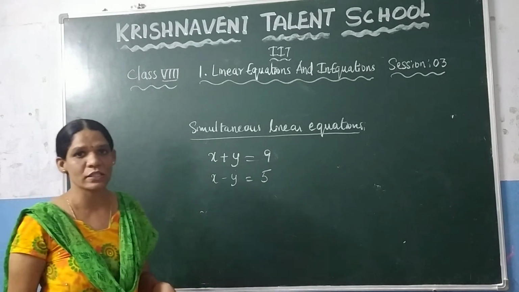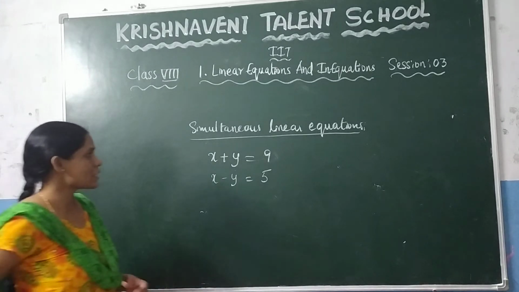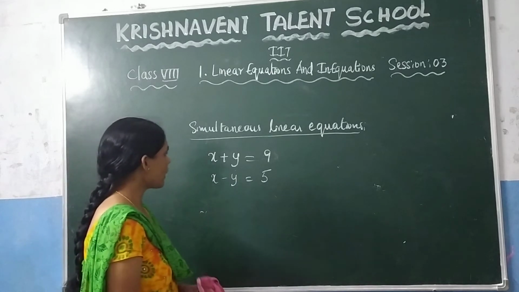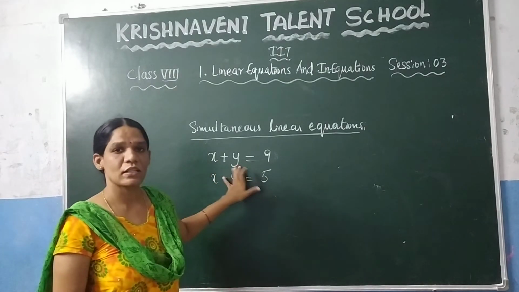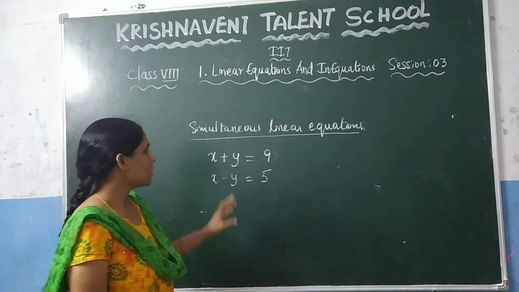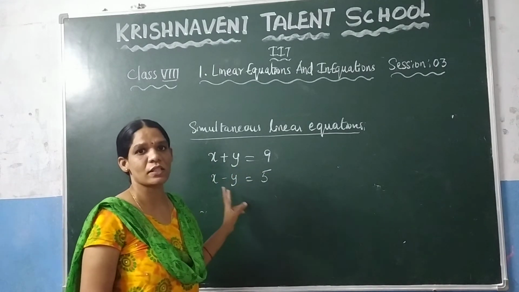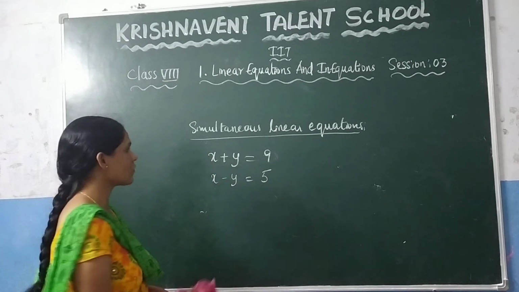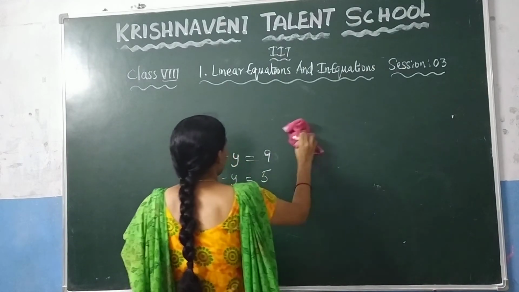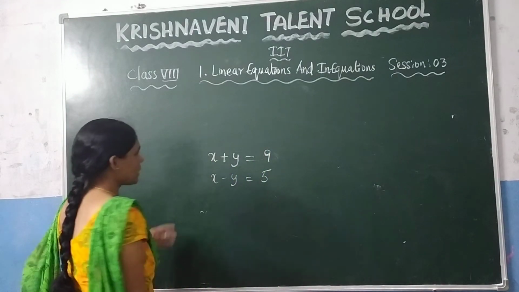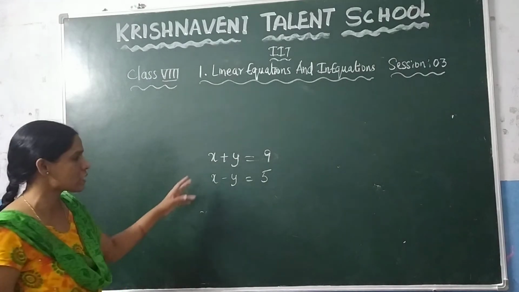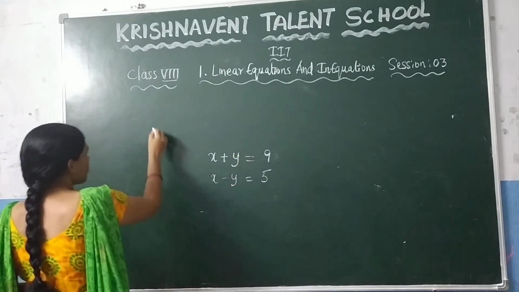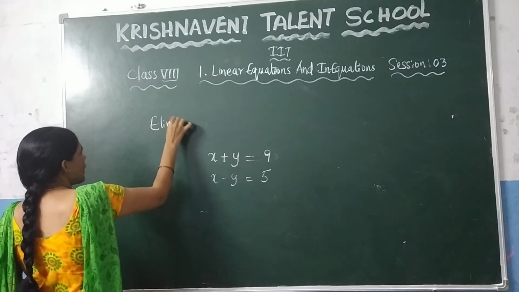How do you solve by using the elimination method? So, what is a simultaneous linear equation? A simultaneous linear equation is nothing but you have to find the values of x and y such that the values of x and y are unique and satisfy the given linear equations that consist of two variables. Such types of linear equations we call simultaneous linear equations. If you want to find the value of x and y based on these equations, there are four methods. Of these, we are now going to discuss the first method, which is the elimination method.